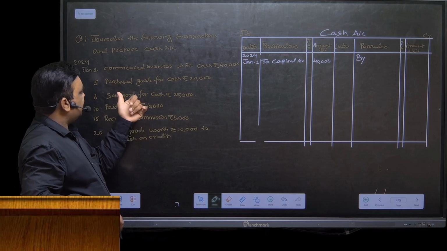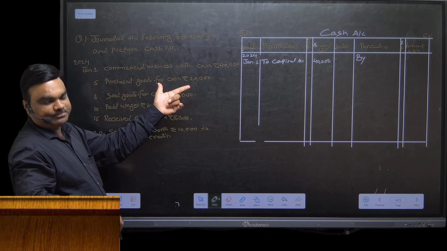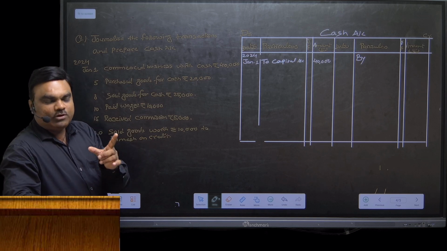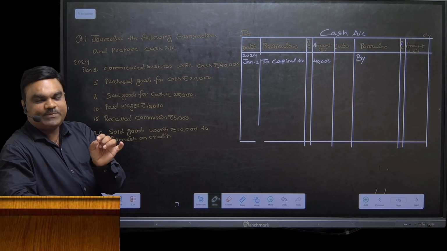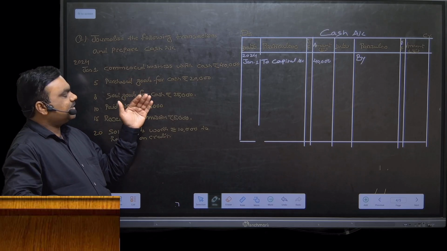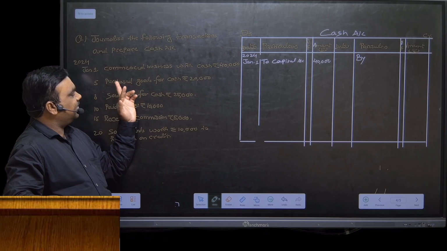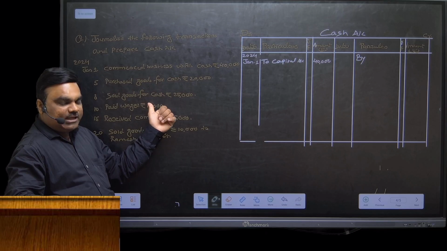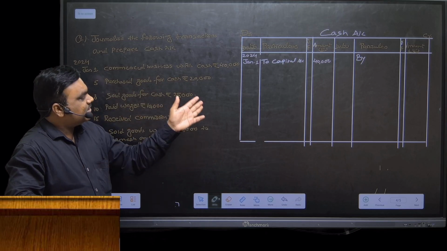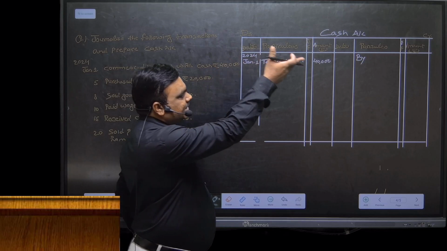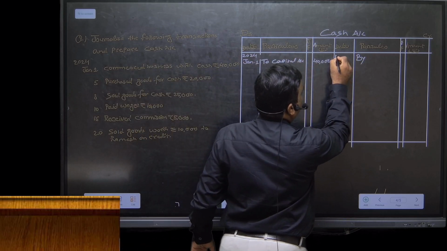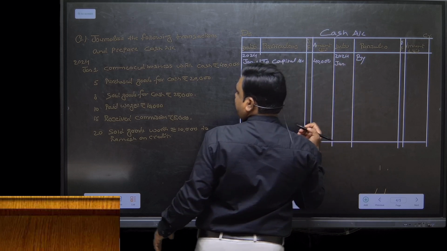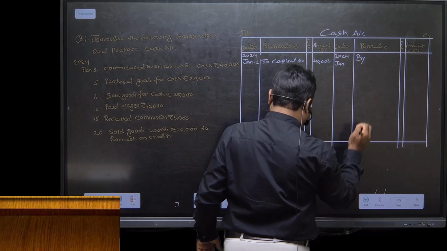See, second transaction is purchase goods for cash. So journal entry for this will be purchase account is always to be debited, because the golden rule of nominal account is debit all expenses and losses. So purchase is an expense for the business. So journal entry will be purchase account debit to cash account. It means purchase account is debited and cash account is credited. Cash account is credited, so we have to write it on the credit side of cash account. We have to write down the year first, 2024, Jan. What is the date of this transaction? Jan 5. We have to write here Jan 5.